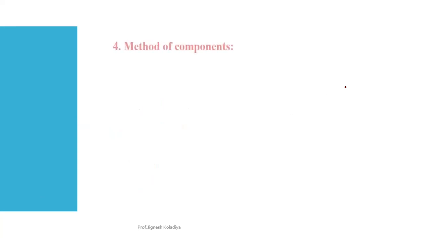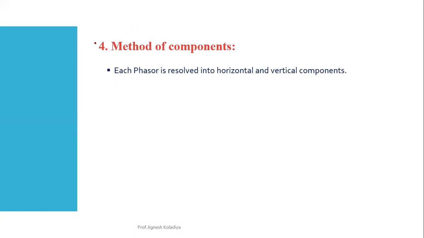Now let us discuss the next, that is our third method. This is actually very easy and most commonly used, because in this case whatever number of vectors are given, you can easily solve it. The method is known as method of component. In this method, very simple. You have to remember nothing. For example, in the parallelogram method, in the